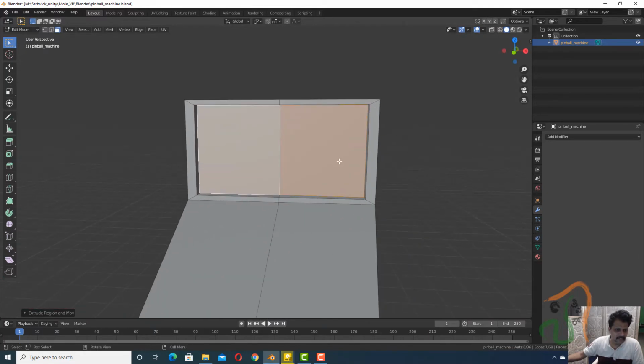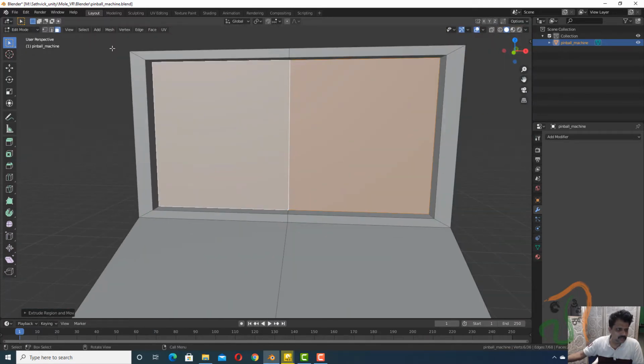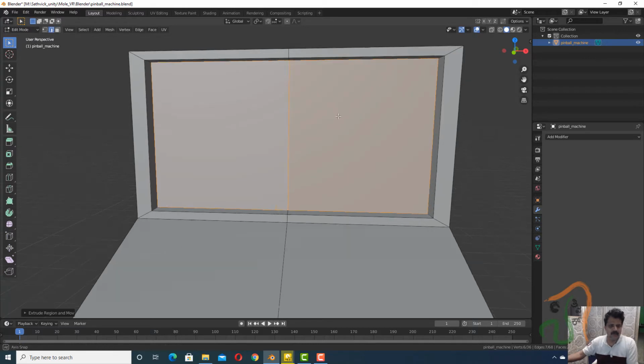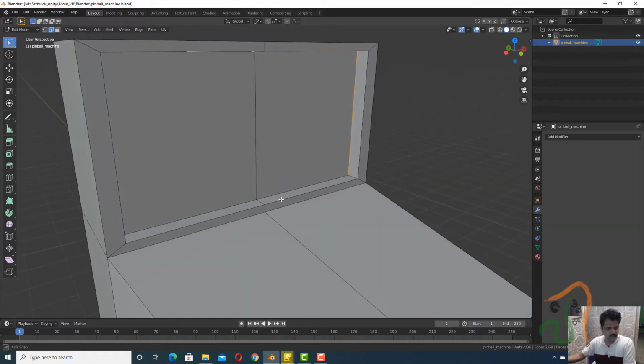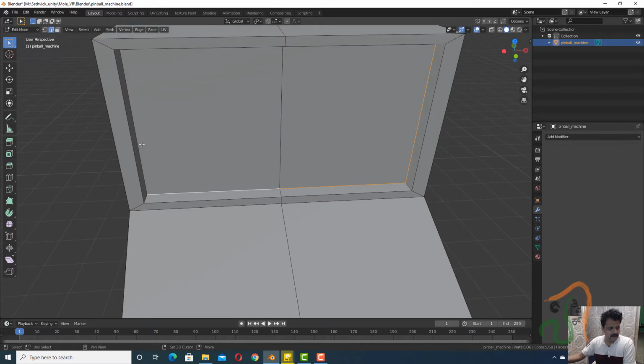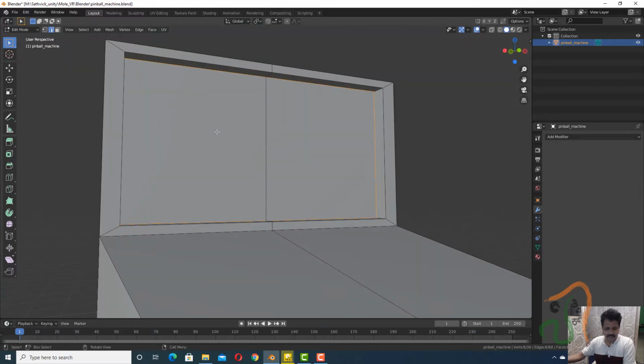And these edges, what we shall now do is come to edge selection and with shift, select only the inner edges here. Okay, this one and this one. Select only the inner edges, press Ctrl B and let us add a slight bevel like this.